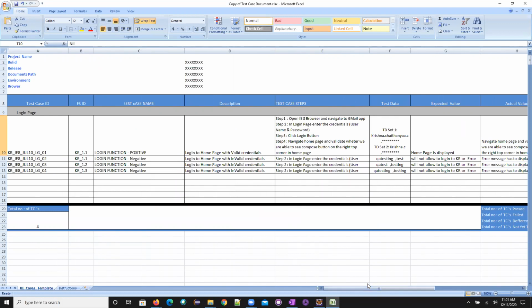Usually we have changed a lot, but still the proper way of writing these test cases is most important. And there are some standard IEEE documents on how to write test cases. I'll share it with you, but as of now, I don't want you to get confused. From this conversation, you need to understand what a test case is, how you need to write a test case, and how you need to pass or fail the test case. These are the three things you need to understand.